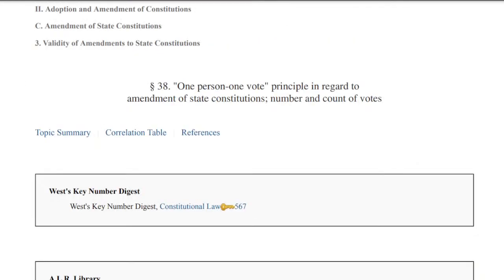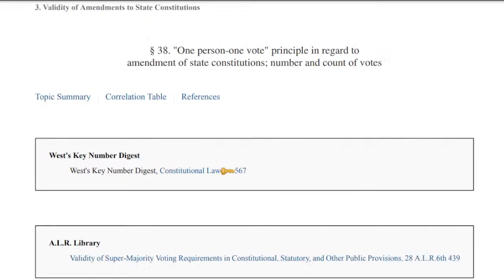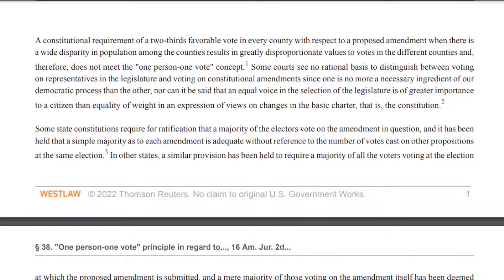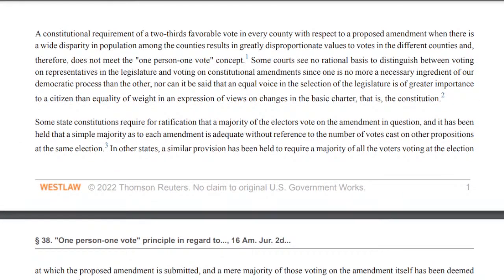Here we go. One person, one vote principle in regard to the amendment of states. Number and vote count of votes. Well, this looks like a good one. In fact, I think we could probably leave off here, and this would be a good one to start next time because